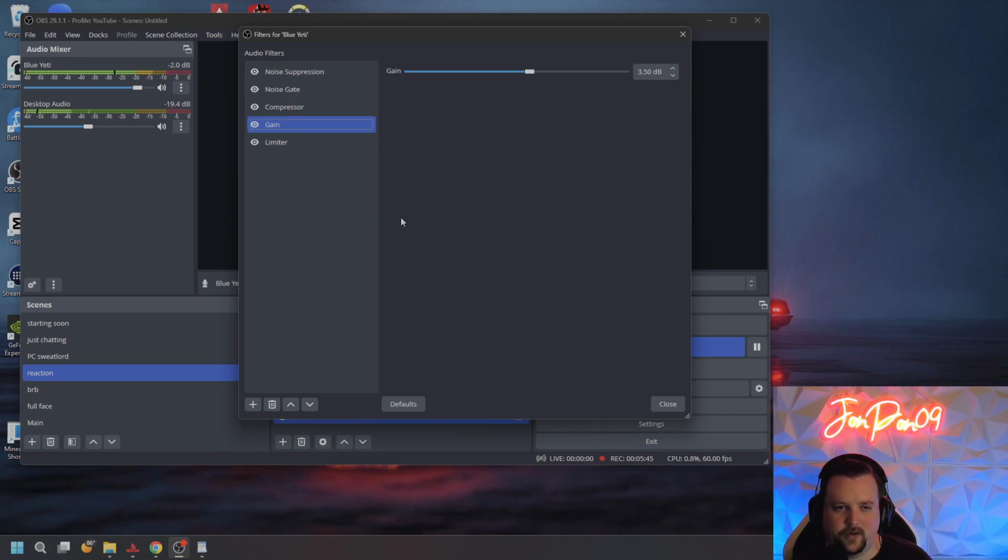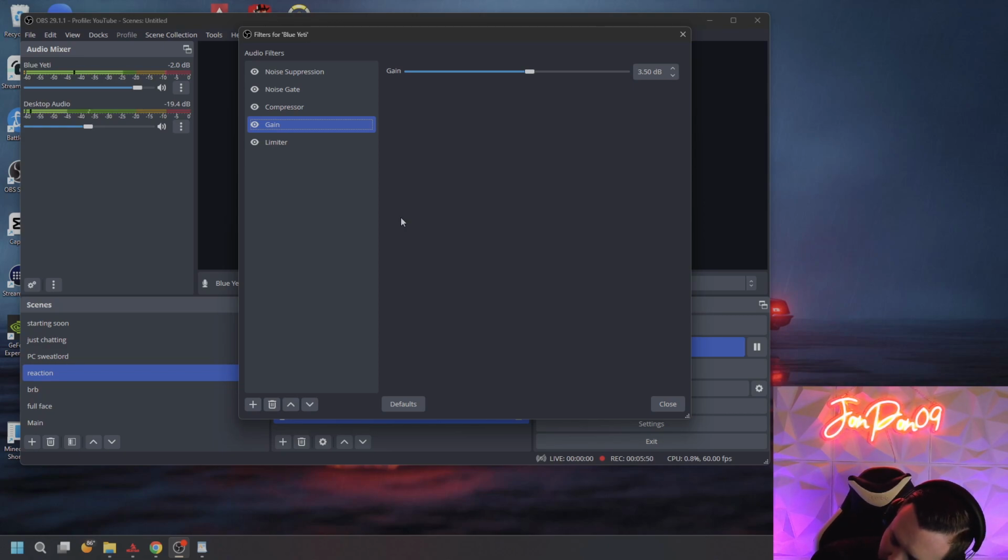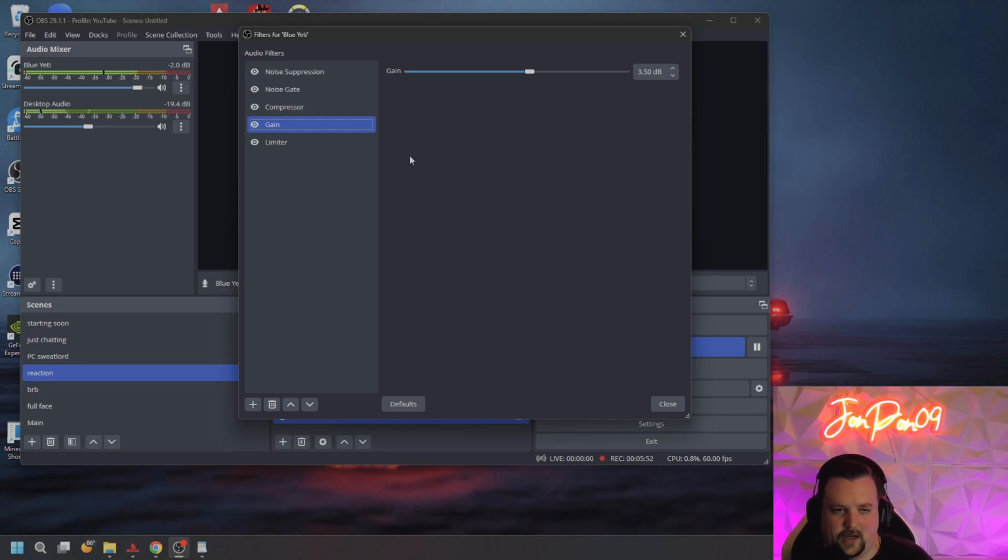Also on this microphone, and your microphone may have this also, I have a gain knob on the back of my microphone that you can adjust the gain as well. The gain is basically the sensitivity, if you will, of the mic. So the higher the gain is, the more sound the microphone is going to be able to capture. It makes it sound louder in a way, but it's not really a volume setting. It's more, if you think of